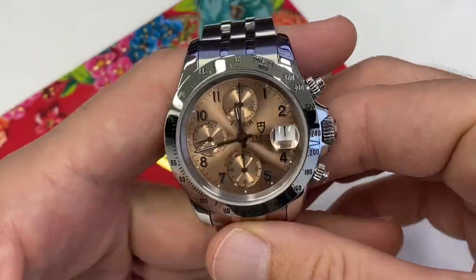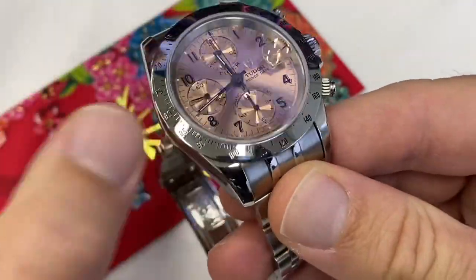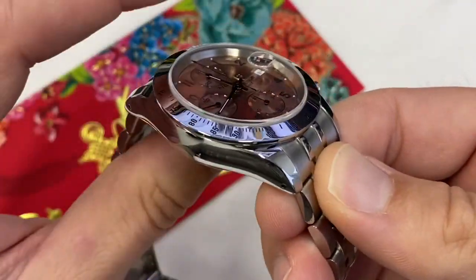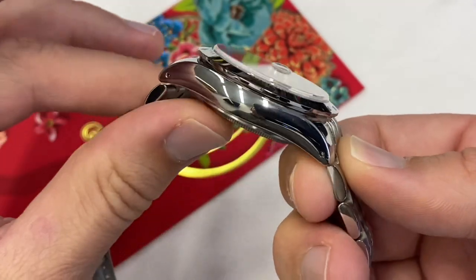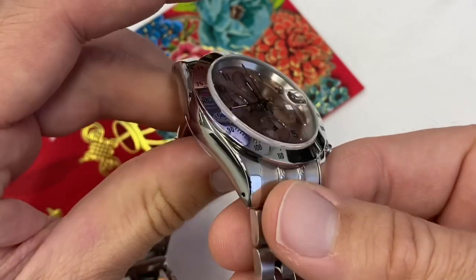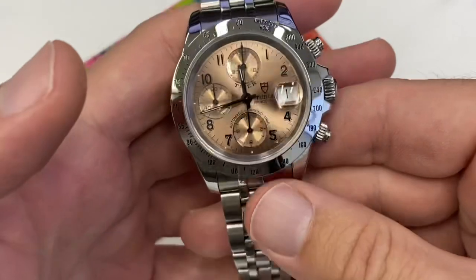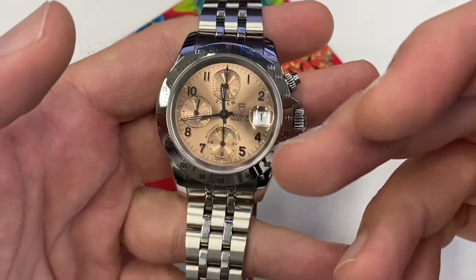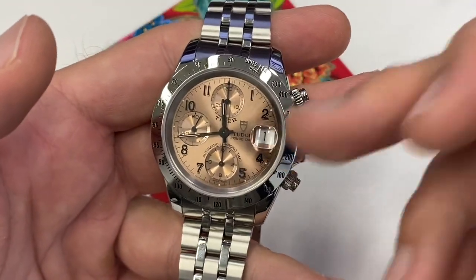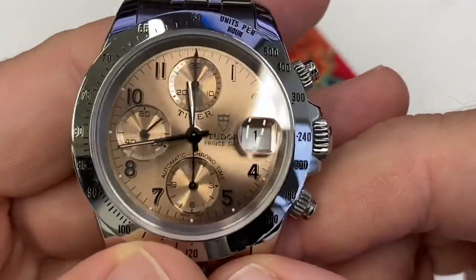Inside, you're not going to have a Rolex movement. That's the whole way the Tudor brand was built, although these days it has changed. But back then, in the 90s, early 2000s, you would have a customized movement. Here you have the Valjoux, which I think is customized for Tudor. What I like is that you get the date, which is pretty cool, and yeah, a beautiful sunburst